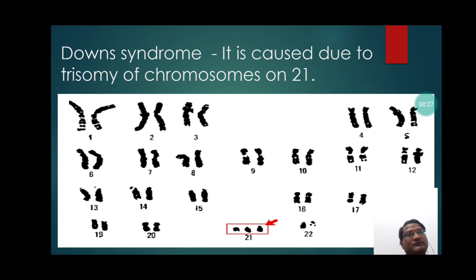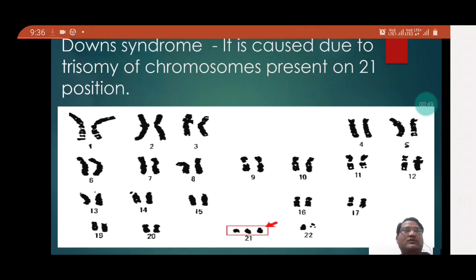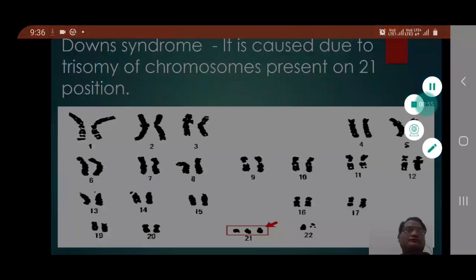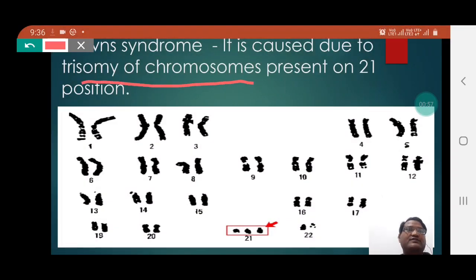Down syndrome is caused due to trisomy of chromosome on the 21st position. So students, here you can notice